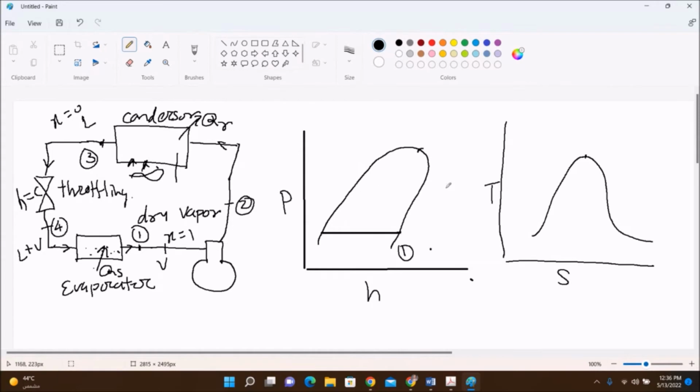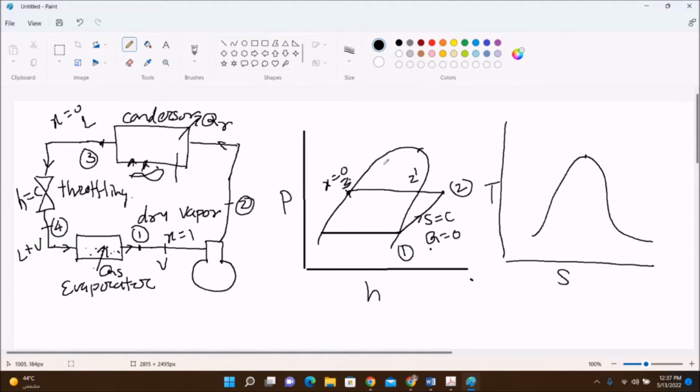This dry vapor is compressed isentropically in the compressor to point 2. So the condition of the refrigerant is superheated. So this is an isentropic compression process. Isentropic means Q is equal to 0. So this superheated vapor enters the condenser where the temperature is decreasing up to this point. So temperature lines are like this. So temperature is decreasing. At point 2 dash, it starts condensing to liquid, and here 100% liquid, x is equal to 0. This point is called point 3,